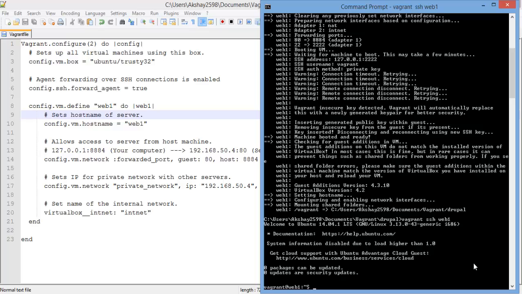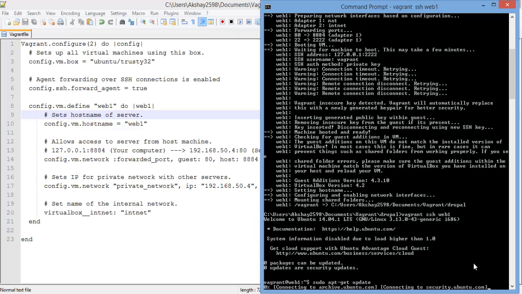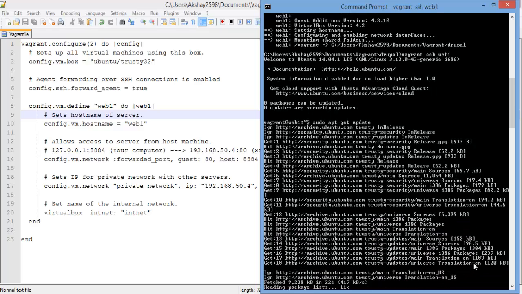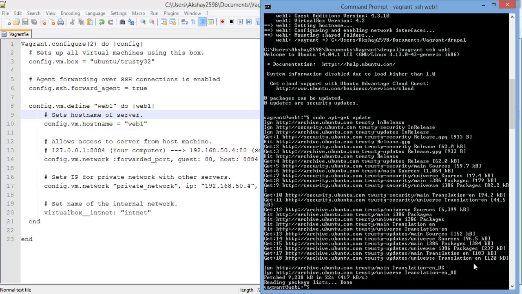Alright, once you see this, we have connected via SSH, and we are ready to start setting up our first web server. So whenever you start up your first VM, you want to update your package list. So sudo apt-get update, and this will get the latest package list information. Once this is completed, we can go ahead and again sudo apt-get install php5-fpm,